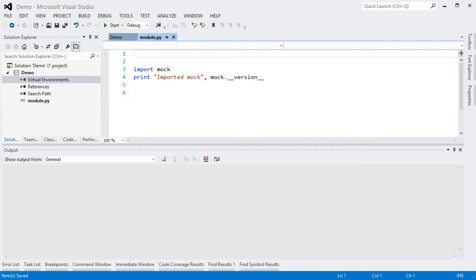Virtual Env is a popular package for CPython that lets you use different sets of packages with the same Python interpreter, such as if you need an older version of a particular library, but don't want to use it for every project that you have. By creating a virtual environment, you get a new site packages folder where you can install libraries without affecting the